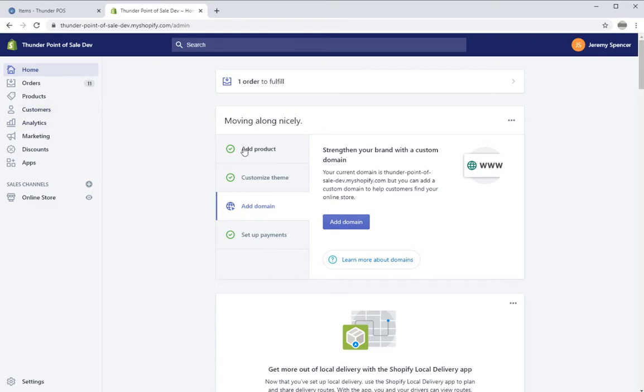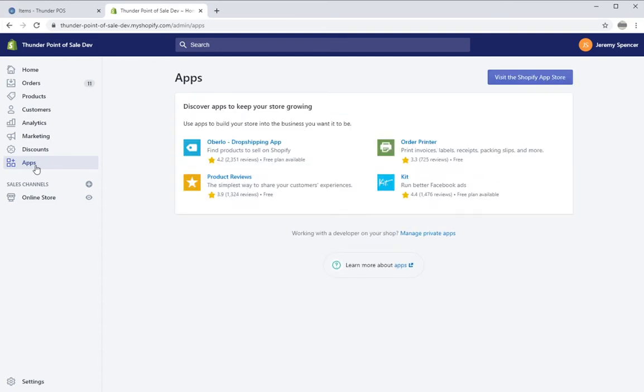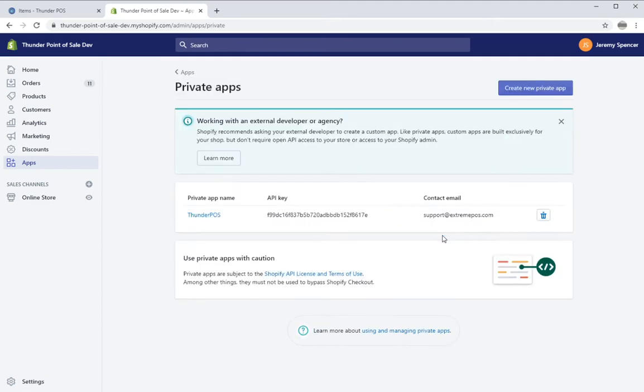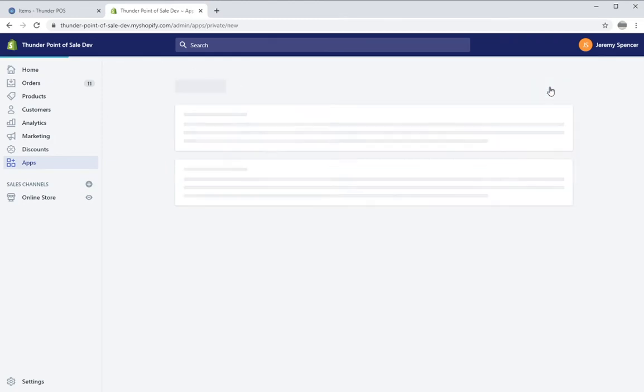So once you've got all of that, you're just going to go into the administrator panel here in Shopify and go to the apps option here. Then you can go to manage private apps. You'll see a screen a lot like this one. You probably won't have one listed there. But then if you go create new private app,